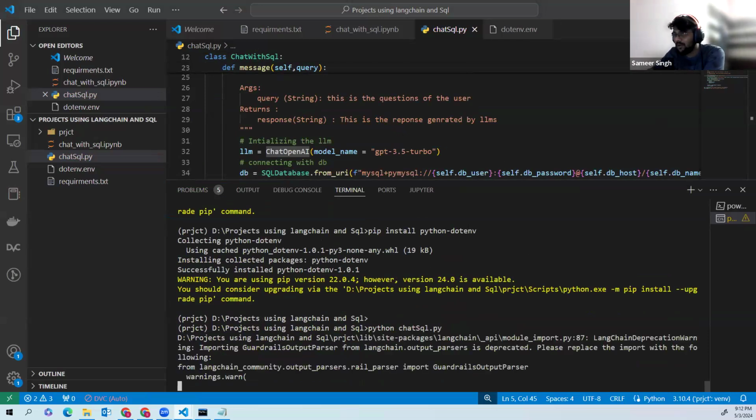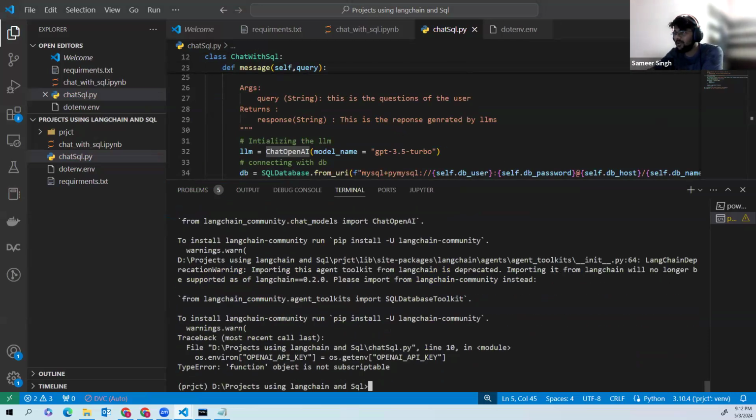If I get an error, I will try to solve it, and you will also get an idea of how we can do that. Okay. Now it is saying that the function is not callable. So guys, I know the cause, but I am giving this error to all of you. Try to solve it yourself. I want all of you to give your thoughts. How can you solve that, right? I'm posting the question here. Try to work out why we are getting the error. And please do let me know, right?